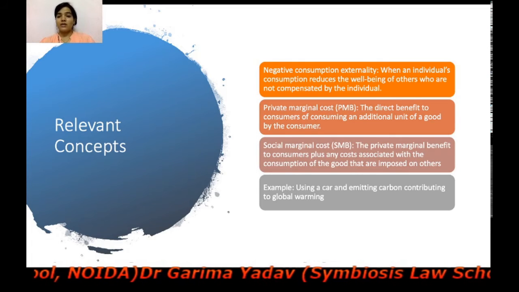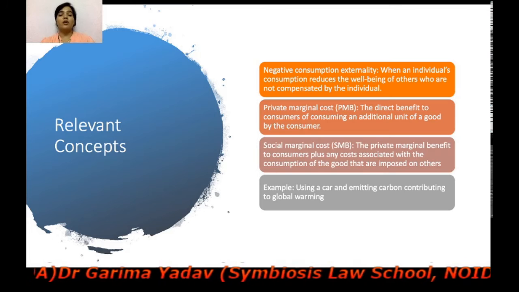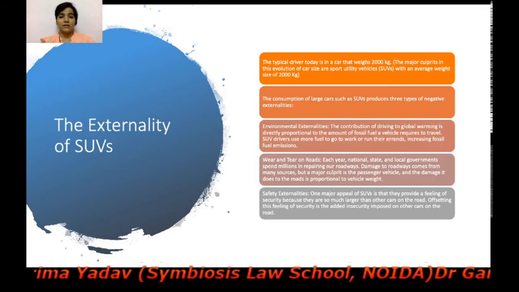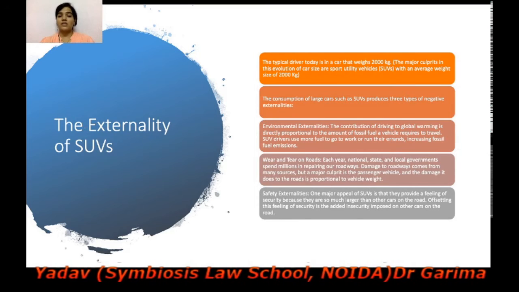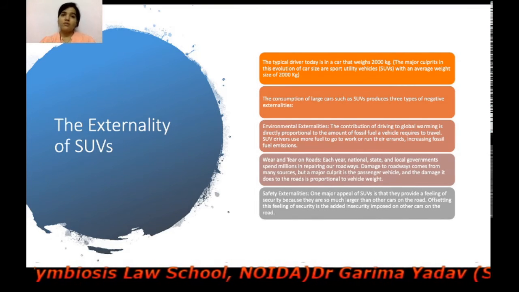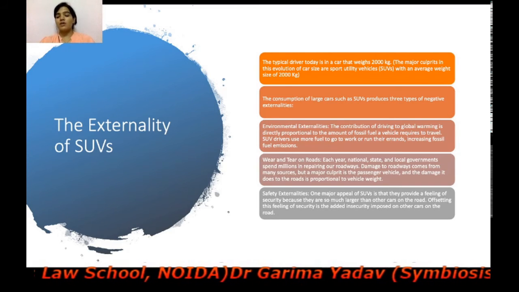The well-being of others was being affected, and those others are not being compensated either. And we had discussed these three externalities: environmental, wear and tear, and safety externalities. In all these three scenarios, maybe the driver of the SUV is being benefited by using the SUV, but of course there are certain